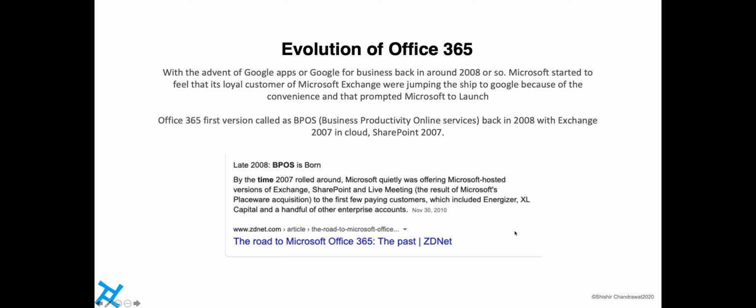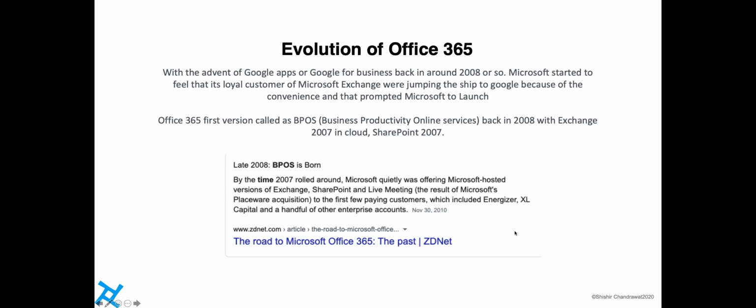and I am aware of customers who had 5 users, and just to maintain a corporate email solution they were running their own Exchange server, and they were paying us all kinds of money to maintain those Exchange servers, upgrade them, and back them up. It was definitely a huge pain for those businesses to manage those things. Now as soon as Google started offering Google for Business, as soon as they said that you can have your own corporate domain on Google and we will manage everything for you, a lot of these customers,